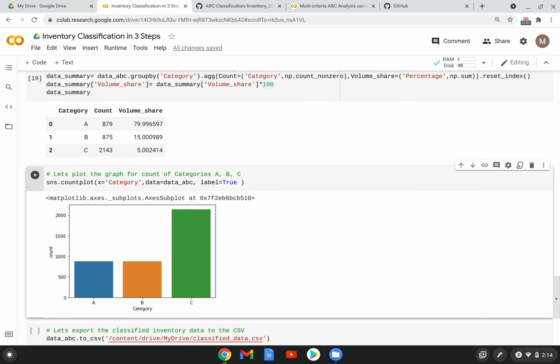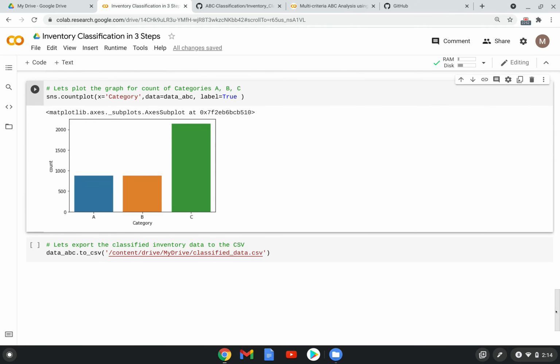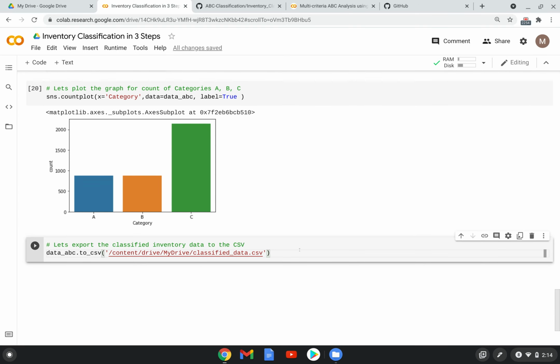That's it. So this is all fine, but our main thing is, after we do this analysis, we need this data or the output file for further analysis or to send it to somebody else in our organization or with our team. So the important thing is we need to export this ABC classification to a CSV file or an Excel file.